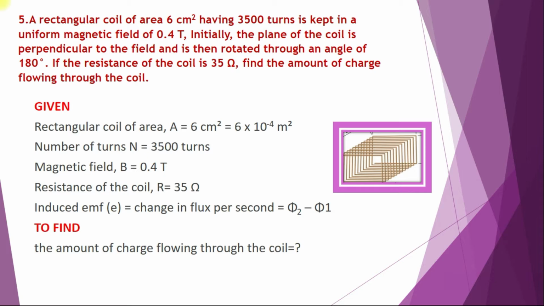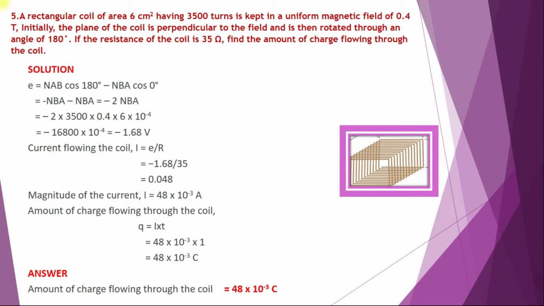Induced EMF, which is equal to change in flux per second, which is equal to phi2 minus phi1. Now we are supposed to find the amount of charge flowing through the coil. Now we will move on to the solution. EMF is given by E is equal to NBA cos 180 minus NBA cos 0. We know the value of cos 180 as minus 1 and cos 0 is 1. So substituting those values, we get the equation as